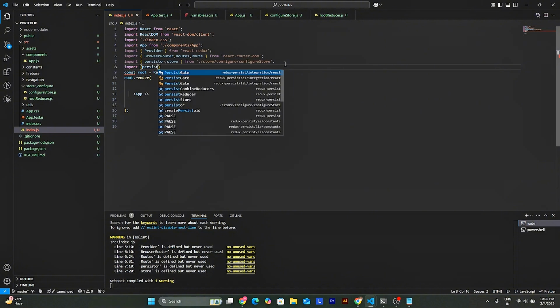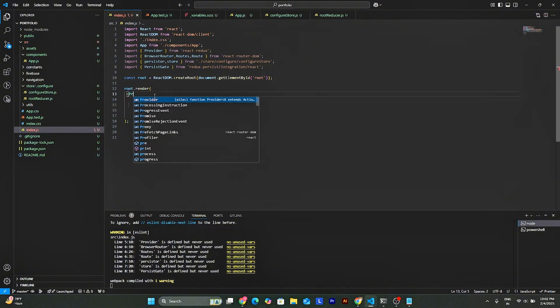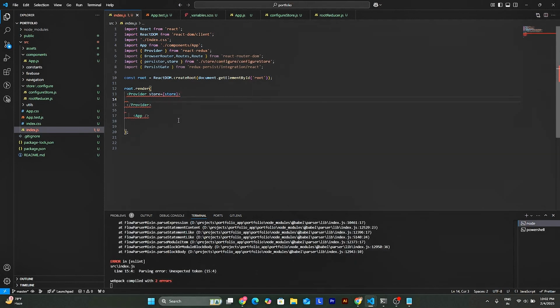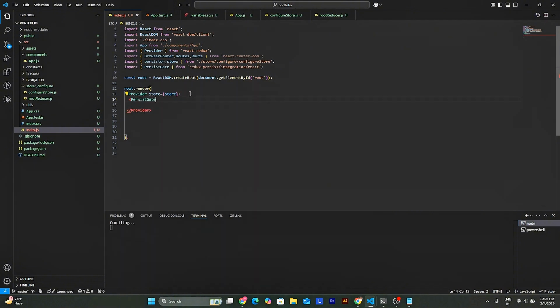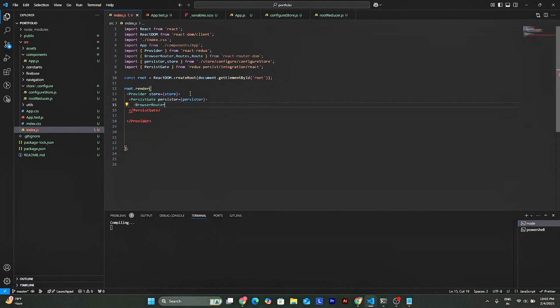Also, we will import PersistGate from Redux Persist /integration/react, and once this is done, inside the render function we will wrap our app with Provider and PersistGate. So let's start by putting Provider, and inside that we will pass store which we just imported, and inside the Provider we will put PersistGate, and inside that pass persistor equal to persister, and inside that we will put BrowserRouter